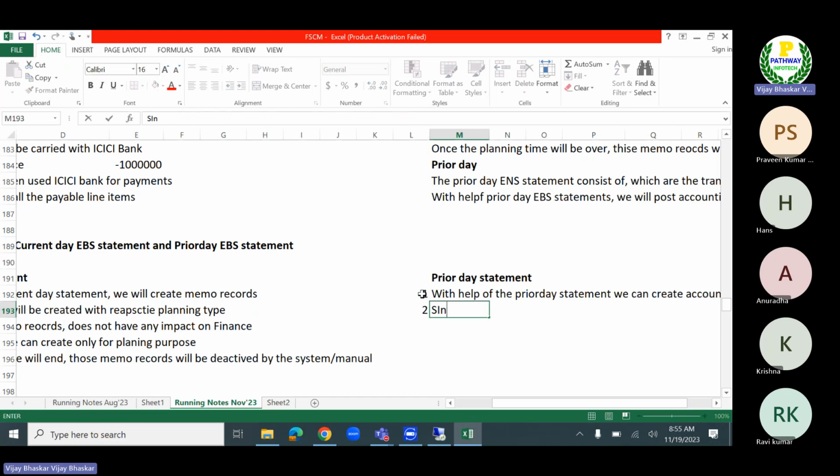Then the transactions, since the prior day EBS file consists of